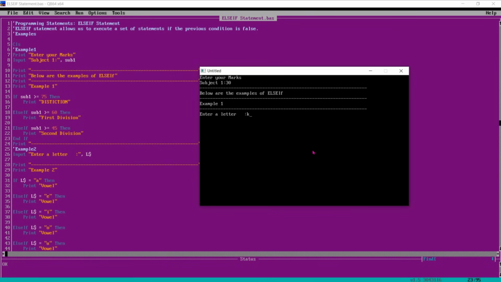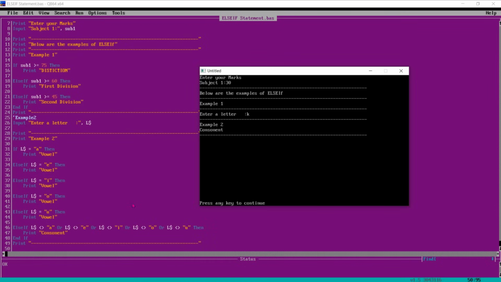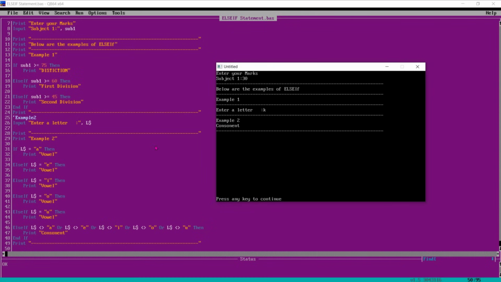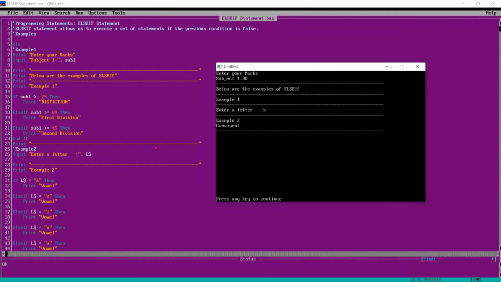This time I enter K, consonant, because it is failing all these conditions and meeting the last one, consonant. So this way we use else if statement in QB64. That's all for this tutorial. Thank you very much.